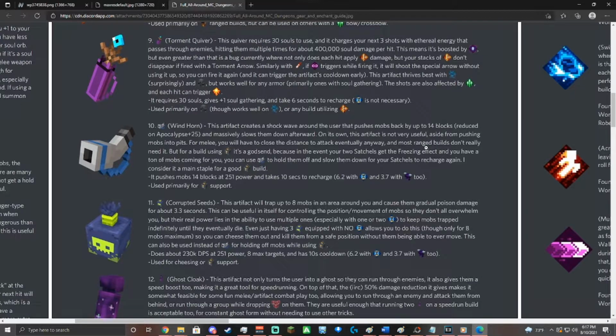And they are also, just like Fireworks Rocket, affected by multi-shot, and each hit can trigger Radiance Shot, which might give a slight reason to use it, but they did nerf Torment Quiver a little bit, where it doesn't pass through enemies quite as much, so it will stop a lot earlier, and it kind of gets burst hits on them. Anyway, it requires 30 souls to use, gives you +1 Soul Gathering for having each one equipped, and it takes 6 seconds to recharge, or...